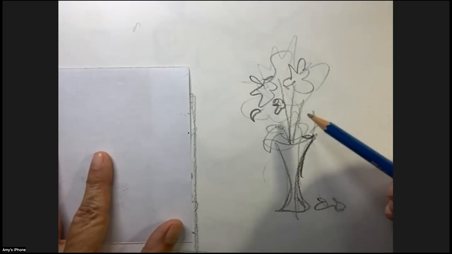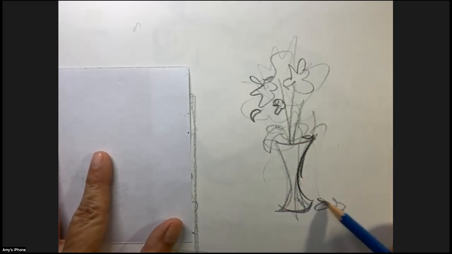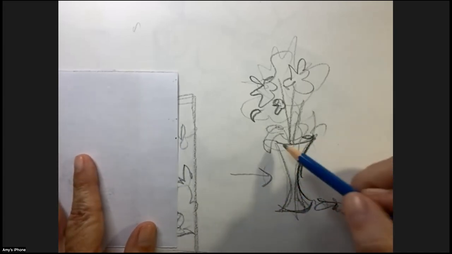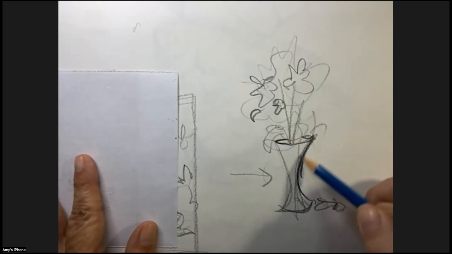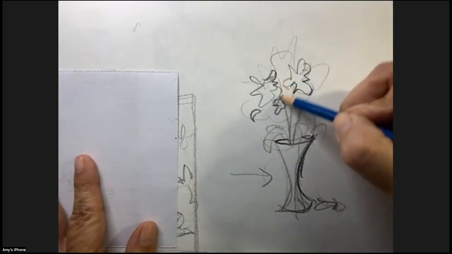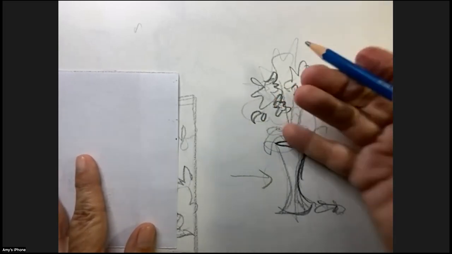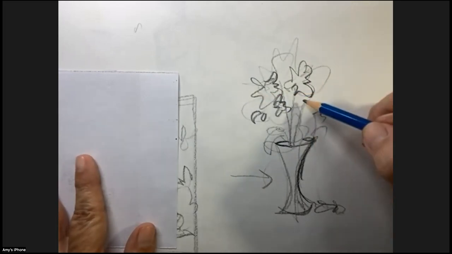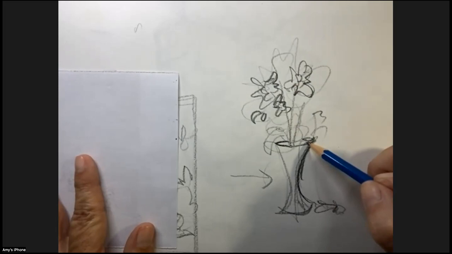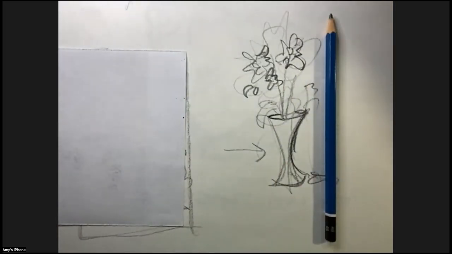And I forgot to say this, if I get dark on one side, I'm indicating that there's a light source, that the light is coming from over here. And so that's the dark side of the vase, and that's the dark side of the flower. And so gesture line can also indicate space and light source and the spirit of something. So there's a lot of benefits to